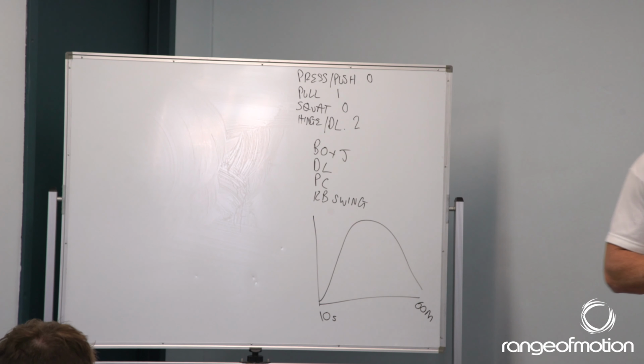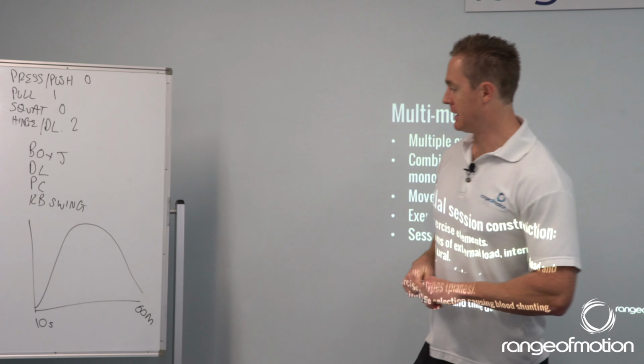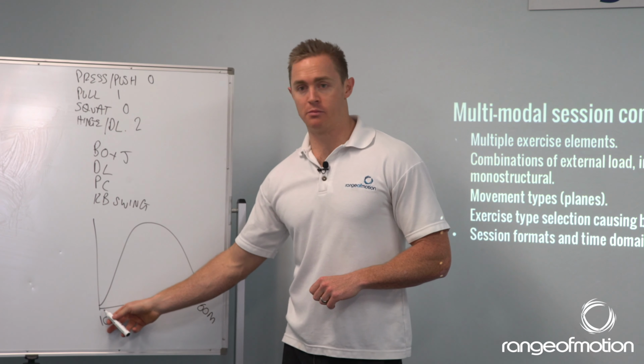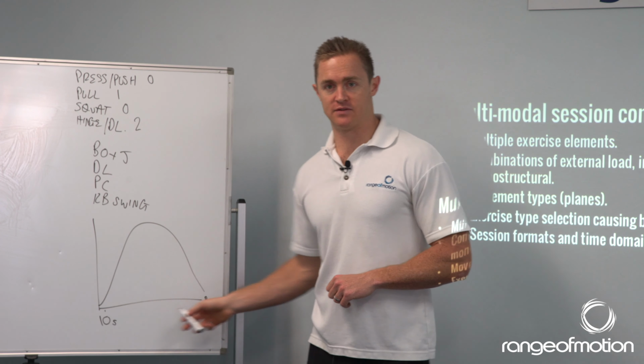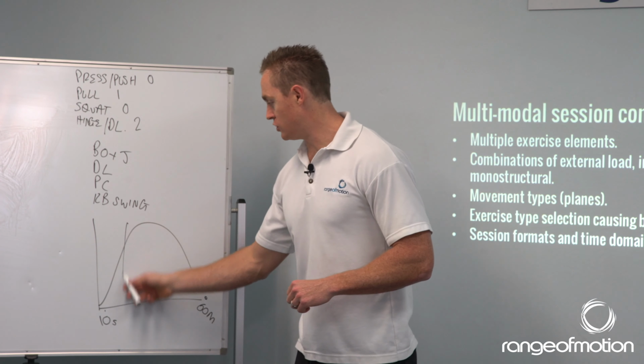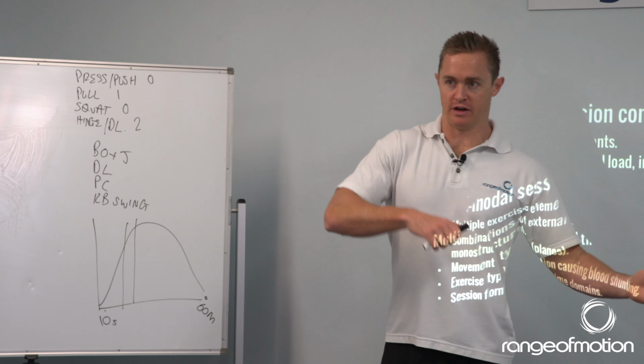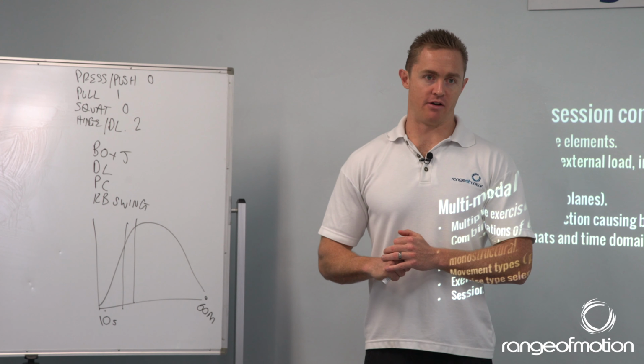Maybe you spend a lot of time working more around the middle, because your ability to do something for 60 minutes is not necessarily going to improve your ability to do something for 10 seconds and vice versa. However, your ability to do something for 12 minutes may have a big crossover, carryover effect onto the other areas.